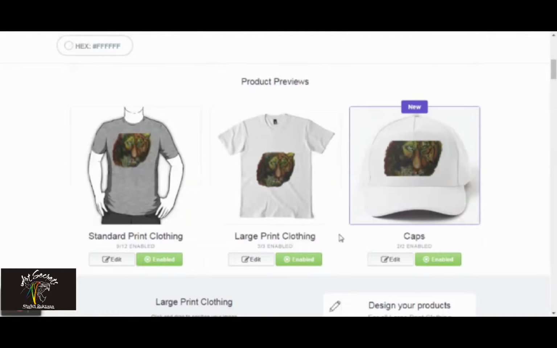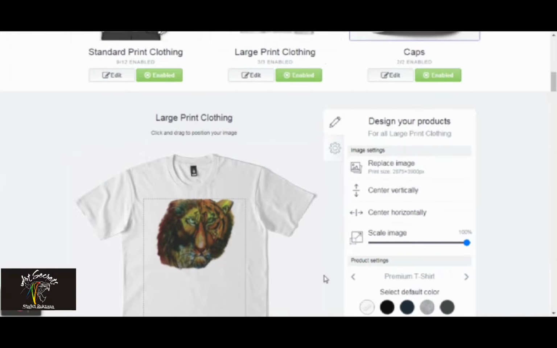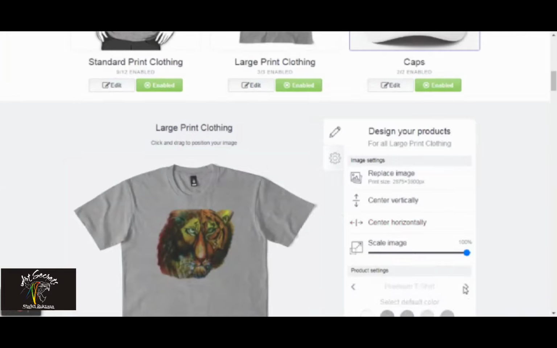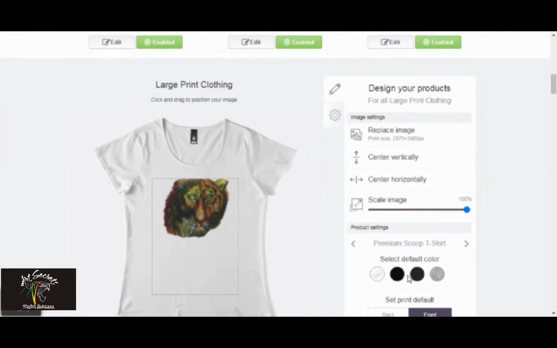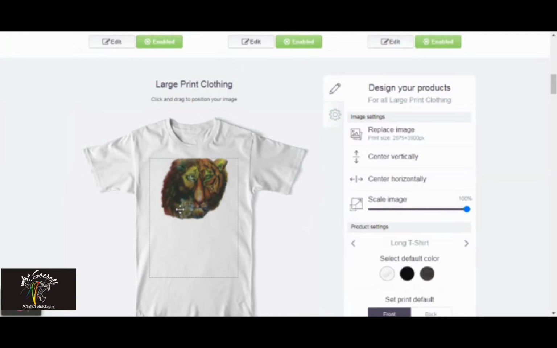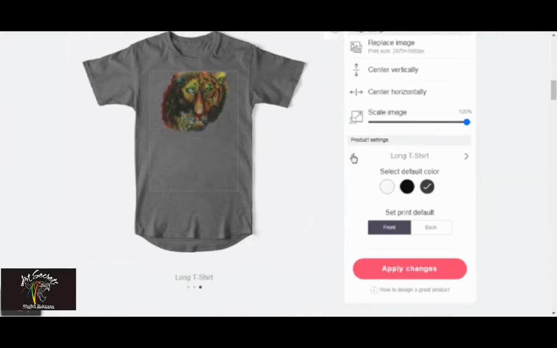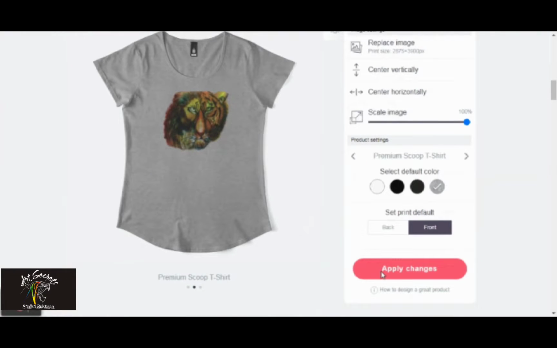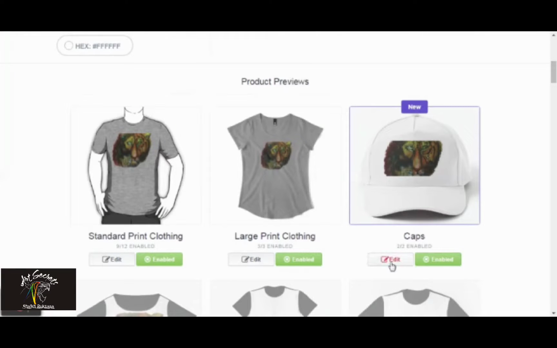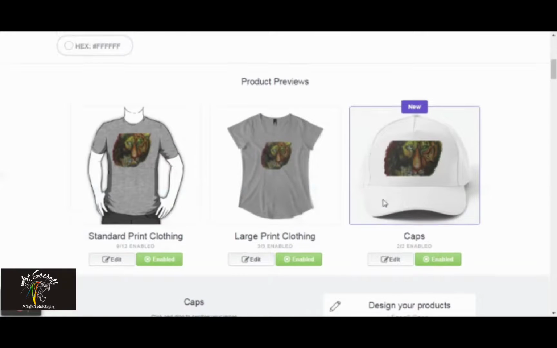See that by default some designs are enabled, and if some designs are not enabled, you can select those. You can click those buttons to enable them. Now I have taken the second option. Here also there are 3 types of garment: men's collection, women's collection, and this is a long t-shirt. So here also I'm changing the background color, and accordingly I'm doing the apply changes, and here the red button, you can see, is apply changes.